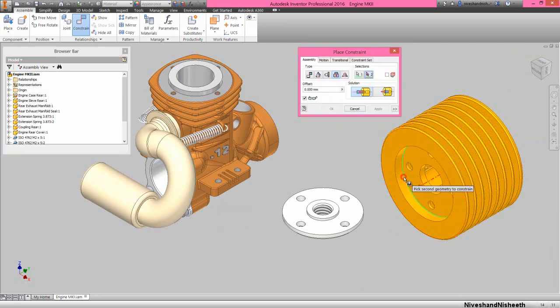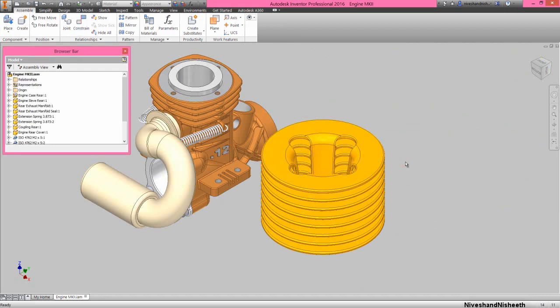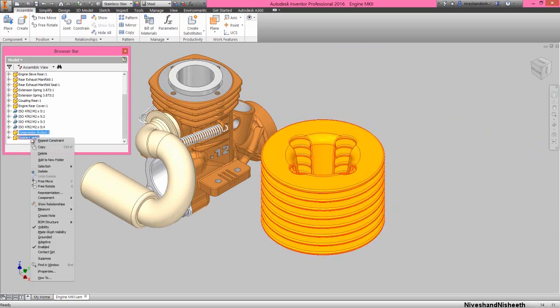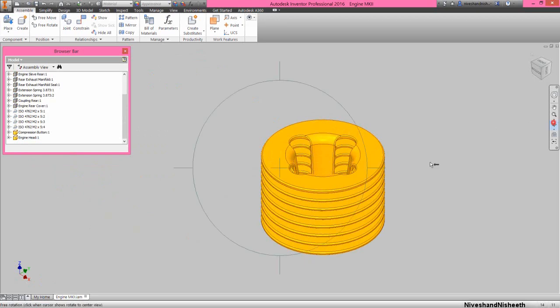Select this internal circular edge of the engine head part and this outer circular edge of the compression button part and apply insert mate between them. Now select these two parts and choose the isolate option from here. Now rotate the model in this position.